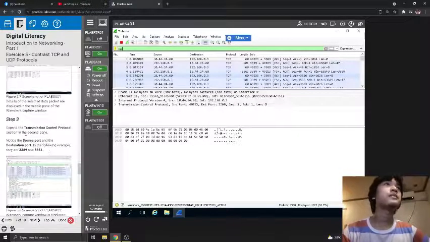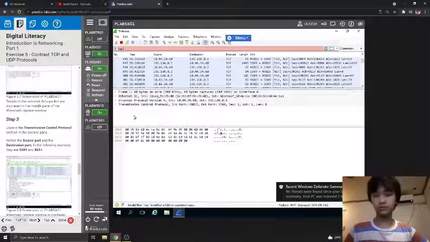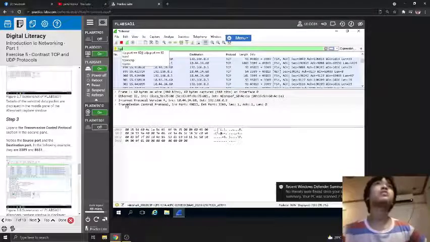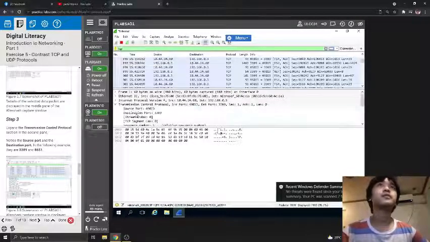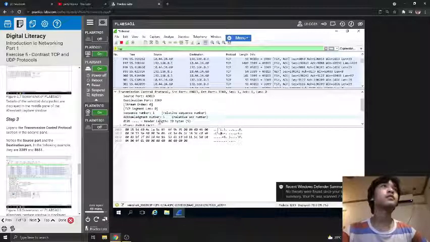The second pane shows details concerning this segment. Okay, step 3, expand the Transmission Control Protocol section. In the second pane, notice the source port and the destination port. In the following example, they are 3389 and 8651. Okay, so let's expand Transmission Control Protocol. It's over here. Notice that the source port and